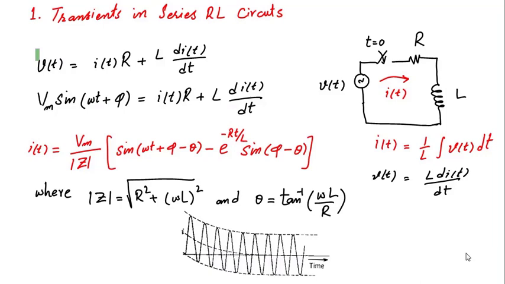Now here we can summarize our discussion regarding the transient in series RL circuit. In a series RL circuit, when we apply voltage across that circuit, there will be a current through that circuit which will have a DC component, and that DC component will decay with the passage of time. How much will be the magnitude of that DC component? It depends upon the instant on the voltage waveform at which switching is taking place.